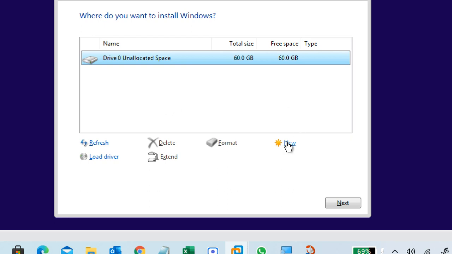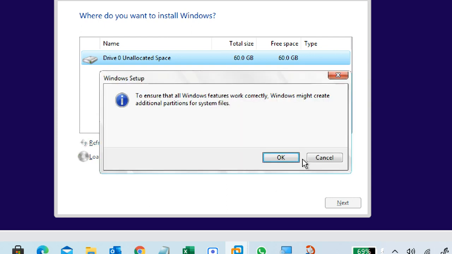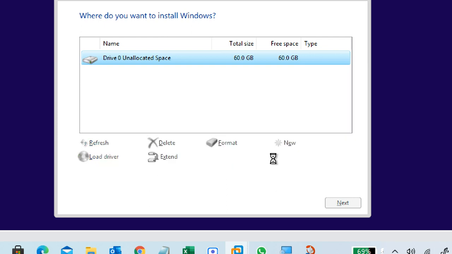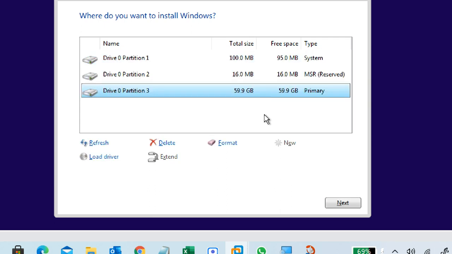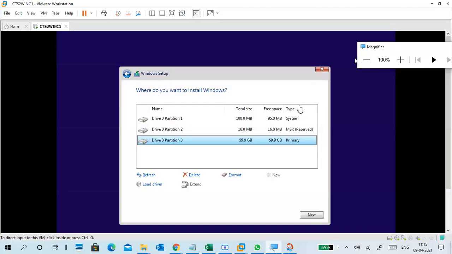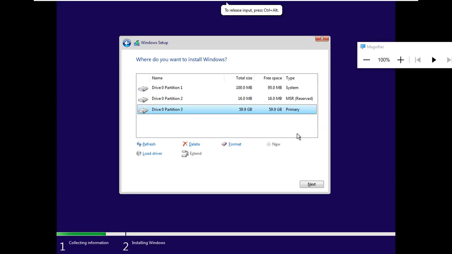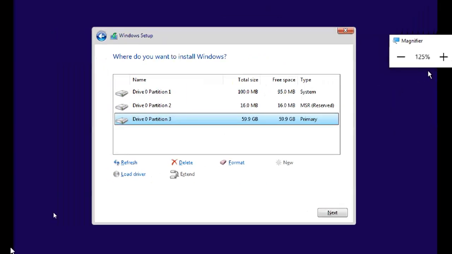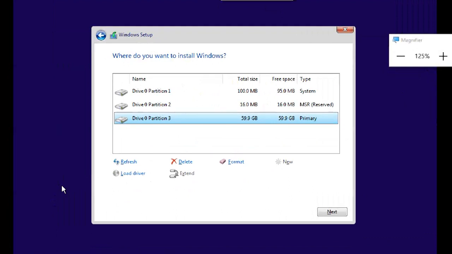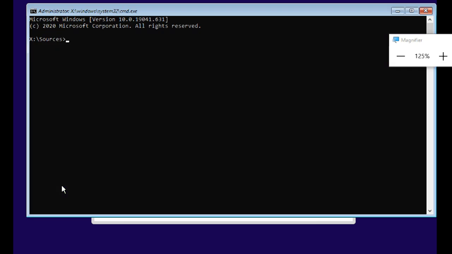Okay, next I'm clicking on New, Apply, and then everything opens. It is showing only three drive splits, so it is okay. But I want to check one thing, so that's why I'm going to this option. Don't worry guys, I am pressing Shift F10 with the function key.